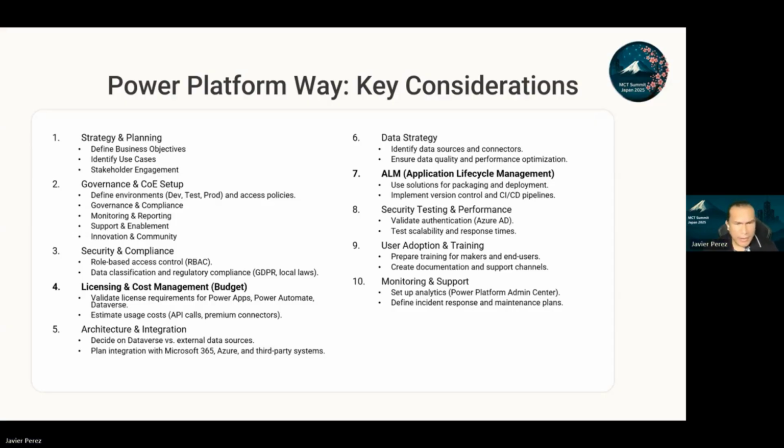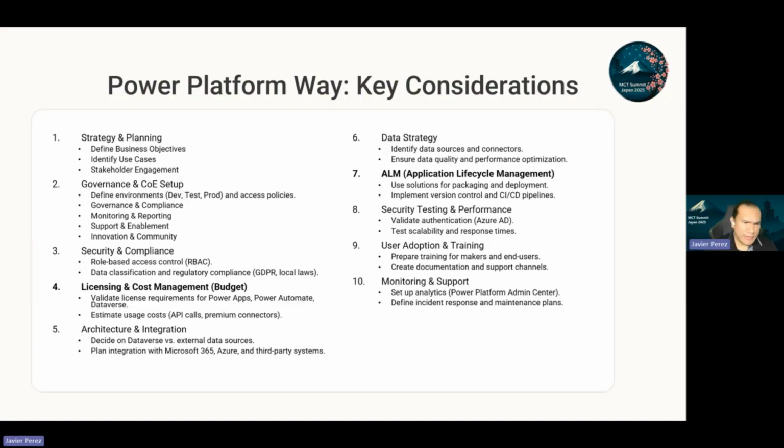The core is really important because we need to be in control of all the objects that we have, not only the apps or the flows, the roles, tables, or other things that we have in our environment. Then we will plan